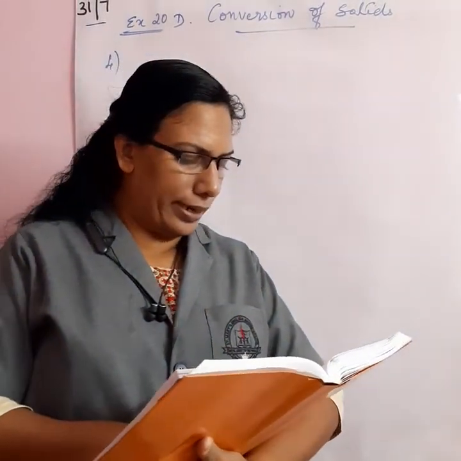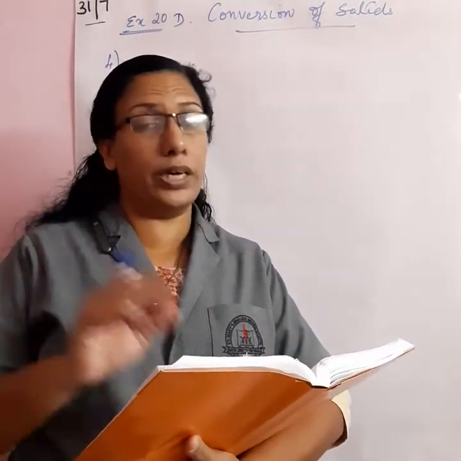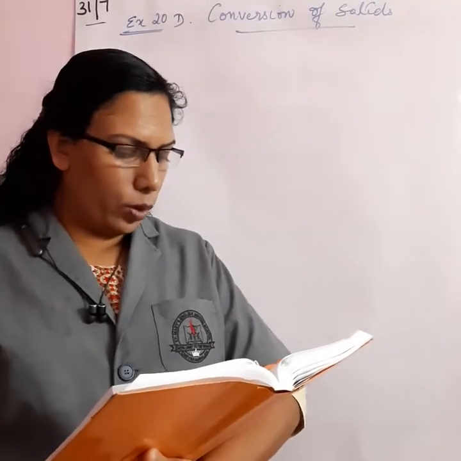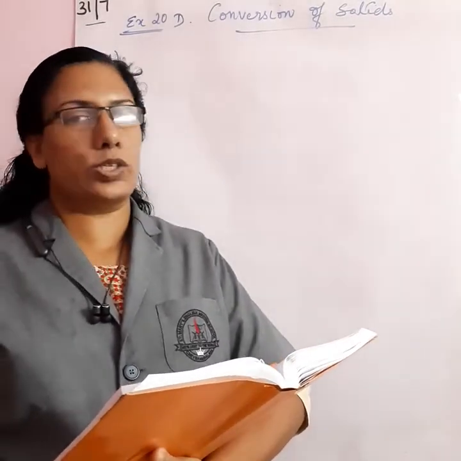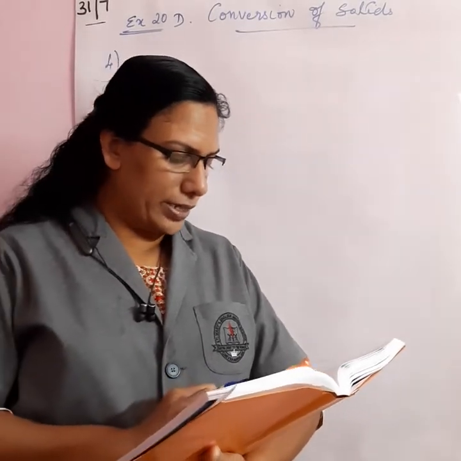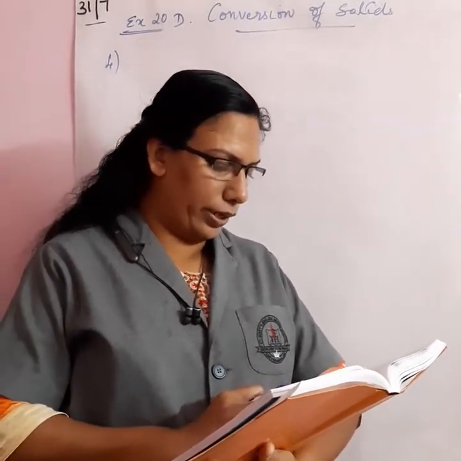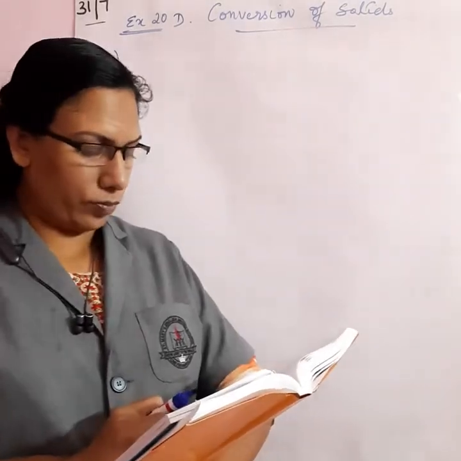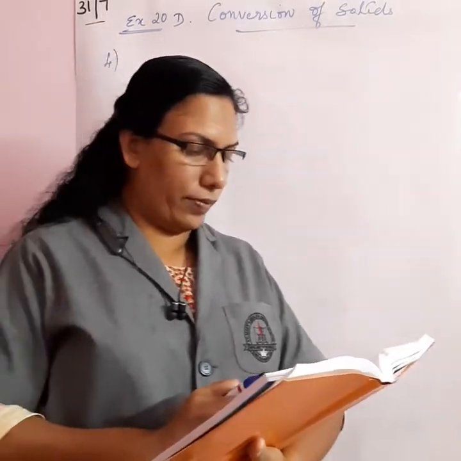Total volume of 3 identical cones is the same as that of the bigger cone. A bigger cone is given whose height is given, and diameter. So you have to find out, be careful, you have to write the radius. Now find the radius of the base of each smaller cone if height of each is given, 108.